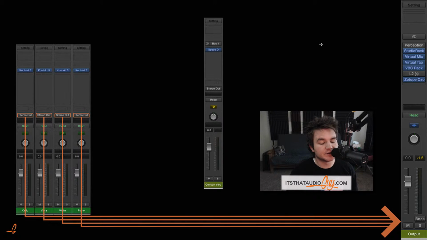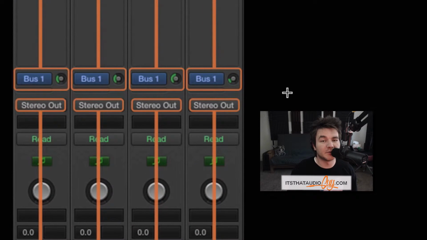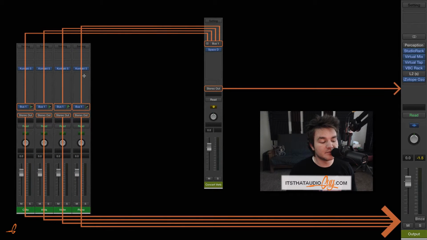Now we do what we call sends. We are now sending signal of each track to this reverb. And what's awesome about that is you can control the volume of those sends. So we want our cello, viola, and violin to be somewhere around the same, but you can tell they're a little bit different. But we want our piano a lot lower. We don't want as much reverb. So rather than mixing the dry-wet signal on each of the reverbs on the chain, we can just mix the